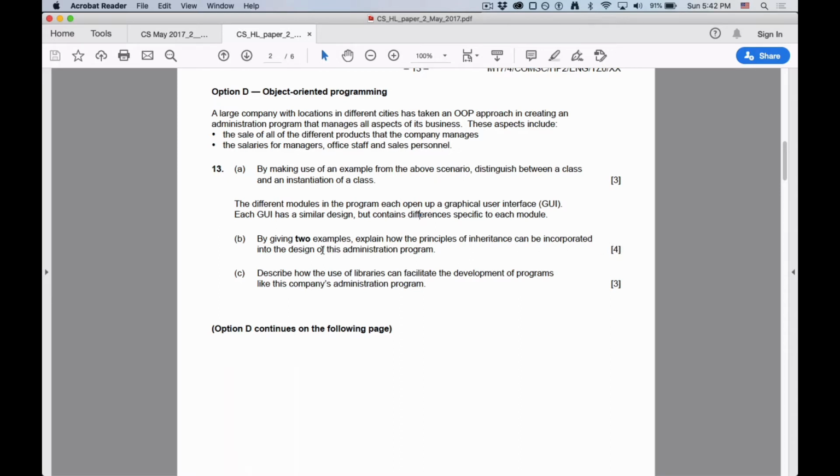They say in the design of this administration program. So they're also looking for us, and that's why they probably went back, when they were passing this around to their buddies and getting them to look at it, and probably a bunch of them got it wrong. So they're like, no, we meant 2 examples. You just gave us the GUI example. Well, I gave you 2 GUI examples. No. 2 examples in this whole administration program. So another example from up here,